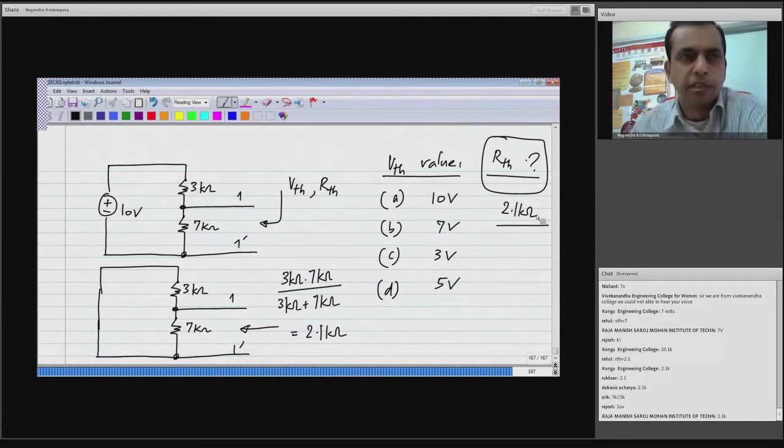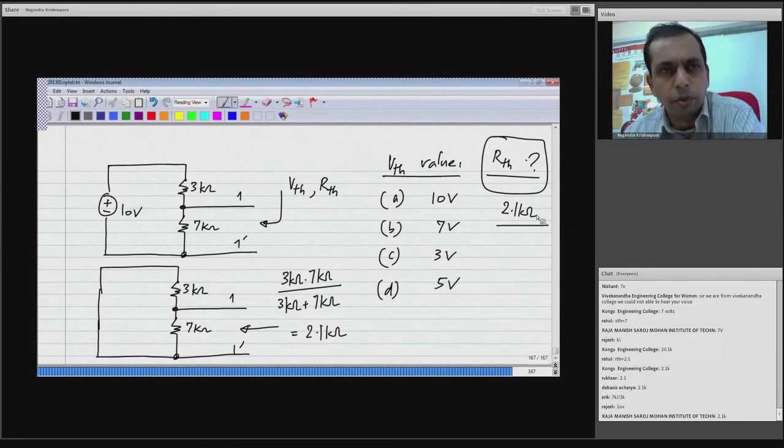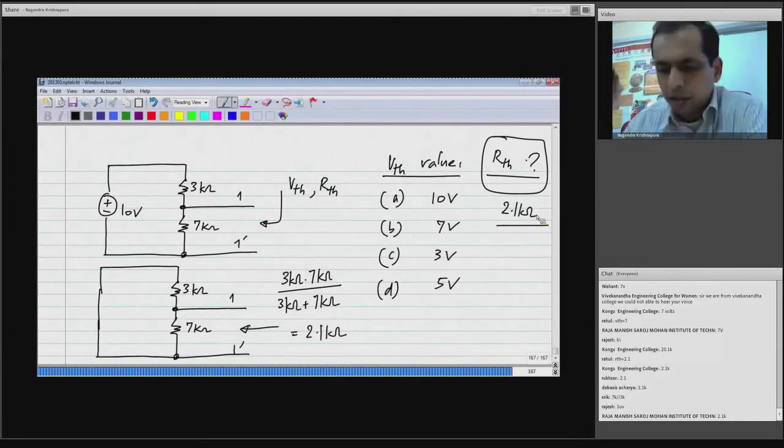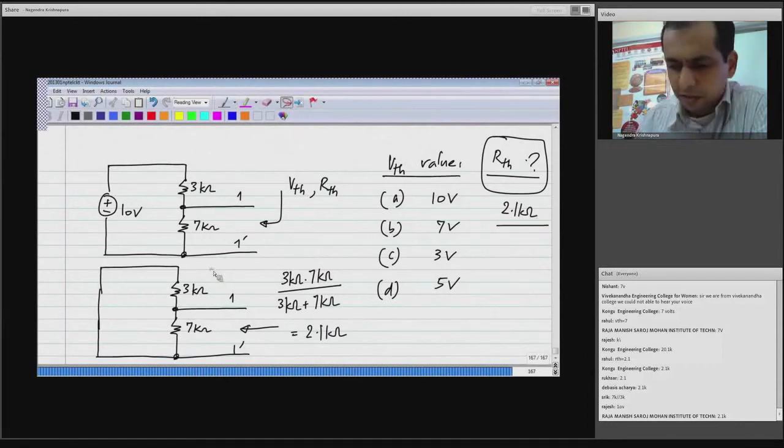Again, I got some answers like 2.1 and so on. Please don't do this. Always specify the units for any quantity that has dimensions. Okay. Now somebody said 7K parallel 3K. That is correct. So I was looking for the numerical value. Okay. So what it means is that